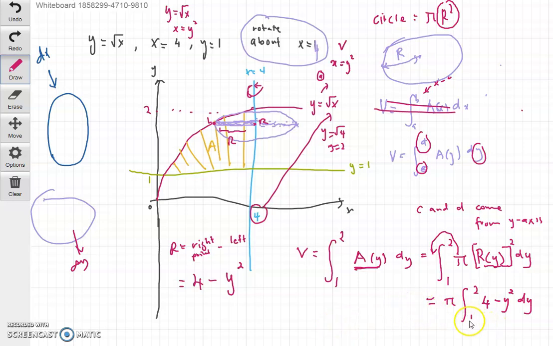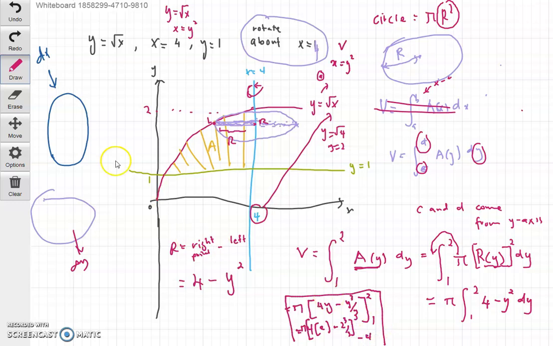Since I don't have enough space there, let me solve it somewhere here. Pi is still outside. If we integrate 4, we get 4y. Integrating negative y squared, it becomes y cubed over 3. Then you put in the values 2 and 1. So here it will be pi still outside, 4 multiplied by 2 minus 2 cubed over 3,